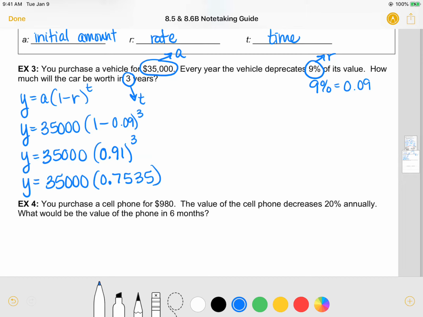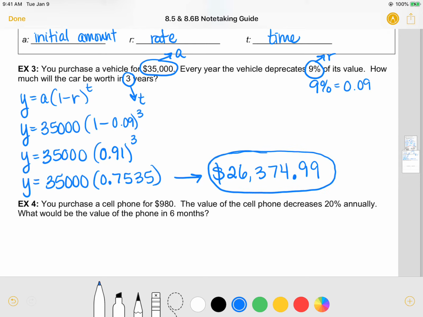And what that's going to give us is a total of 26,374.99. Okay? So what's crazy about cars is they are one of those things that really doesn't hold its value